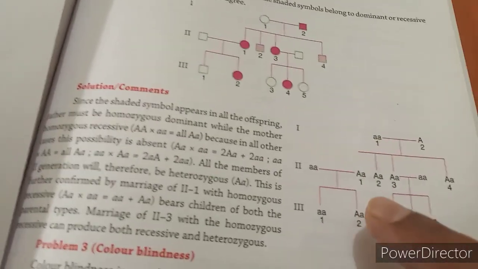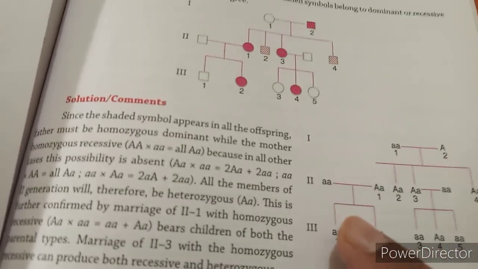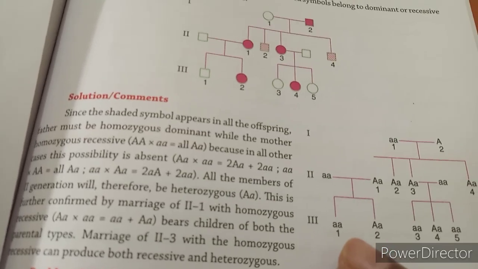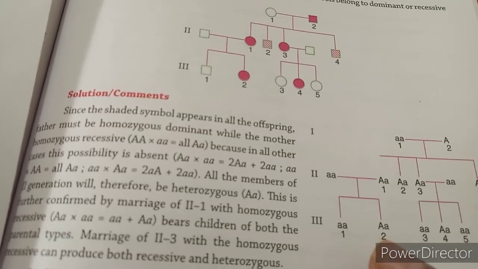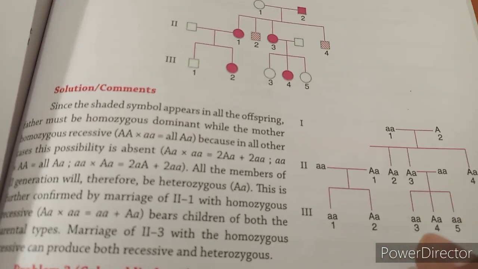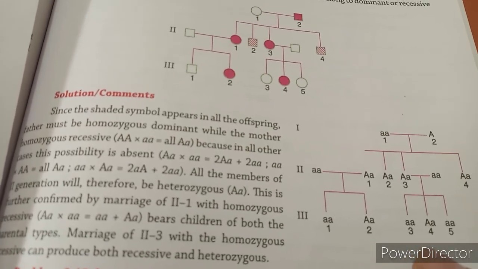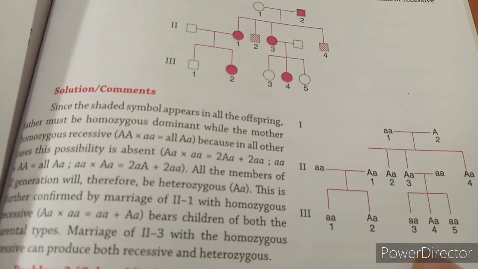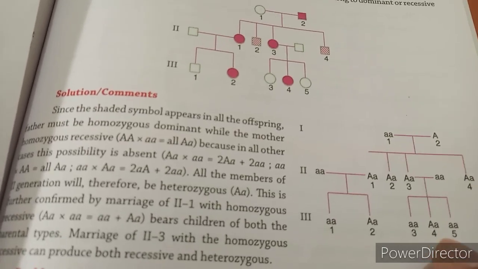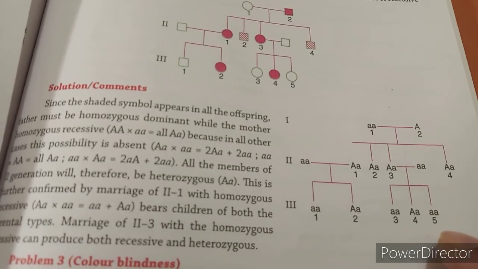So, when the first daughter marries a male with a recessive trait, then of the children born to them, one son is carrying the recessive trait, and the daughter is carrying the heterozygous trait here. The second daughter, who gives birth to three daughters: the first daughter born to them has a recessive trait, the second daughter has a heterozygous trait, and the third daughter again has a recessive trait.